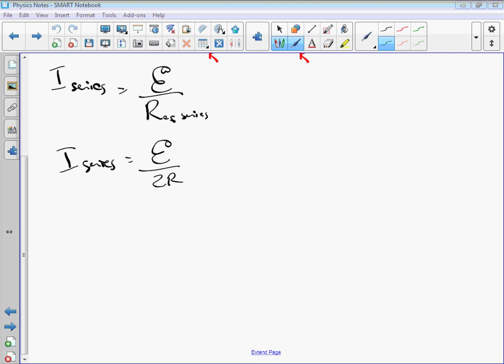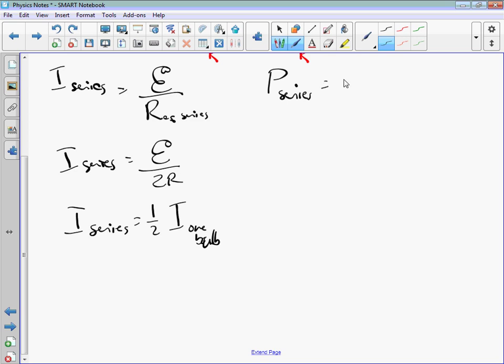So the current of two bulbs in series would be 1/2 the current of one bulb. 1/2 of the current of one bulb. We're going to keep comparing to the original one bulb. As far as power in series, so power in series